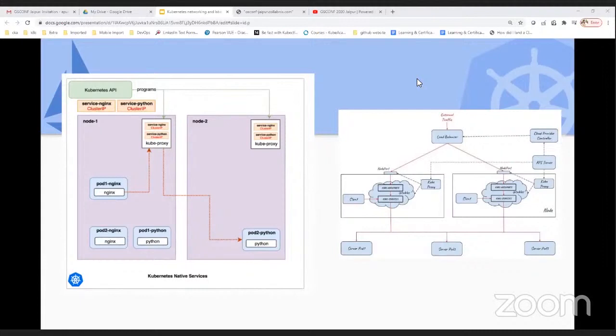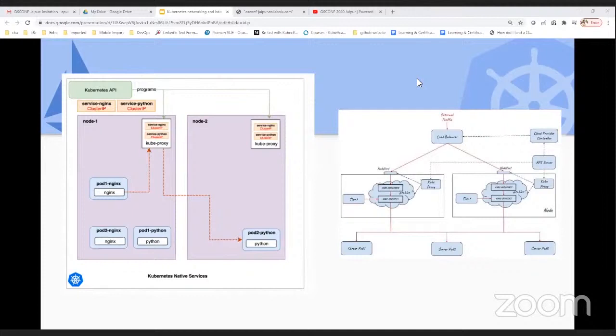So if you look at the right hand side, if I'm not wrong, you are able to see these things. If I am exposing the service with the help of a load balancer or external traffic, this is how we will get connected to your actual pod. Behind the scenes, the load balancer will get connected to a node port. From the node port, it will get connected to a cluster IP where all the IP tables are, and from there, the kubeproxy will route your traffic to the actual pod.